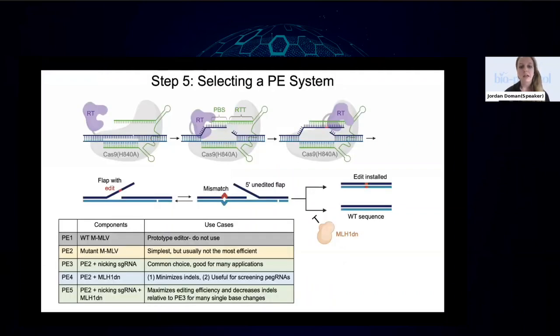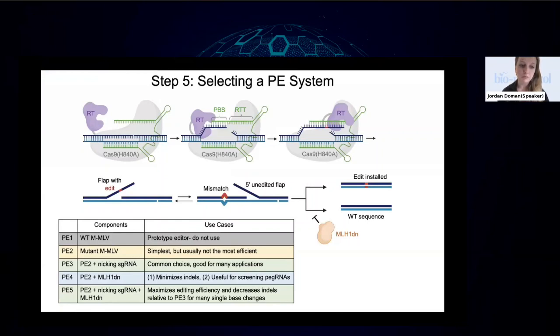And then finally, we've kind of already touched on this, but I think it's worth considering more from an experimental design perspective, is that there are 5 prime editing systems, PE1 through 5. And each one kind of lends itself to certain applications, but not all applications. The only one that you'll never want to use is PE1. Like I said, this was a really useful prototype. It was absolutely necessary for the invention of prime editing, but it's never going to be the most efficient thing